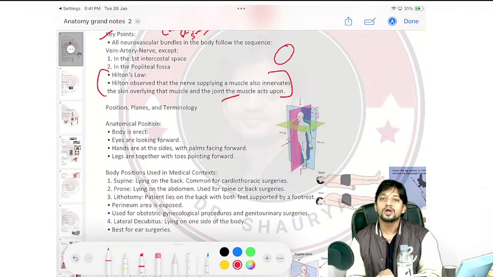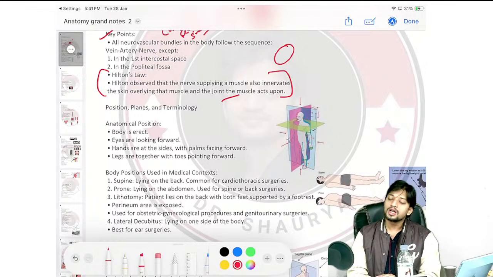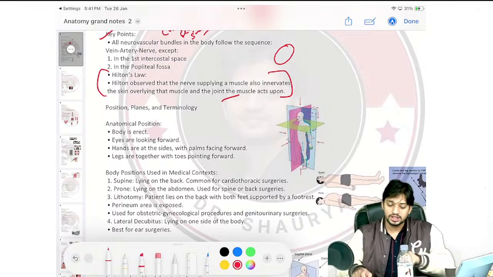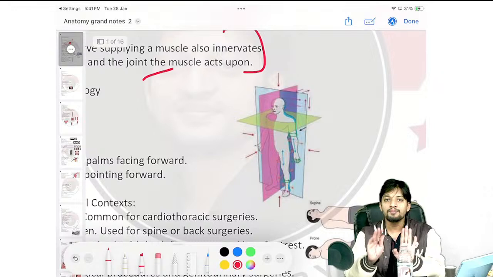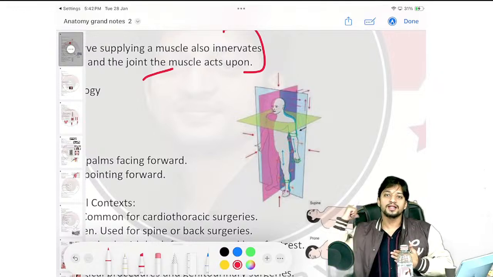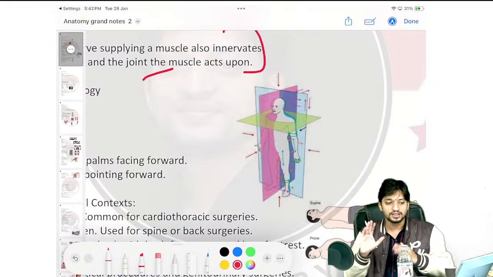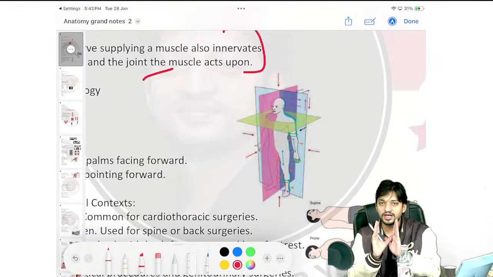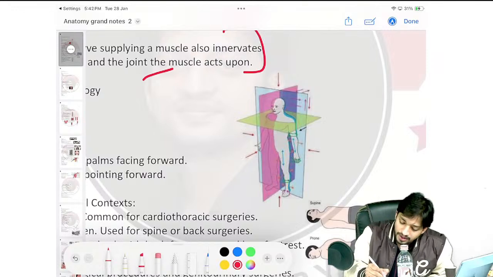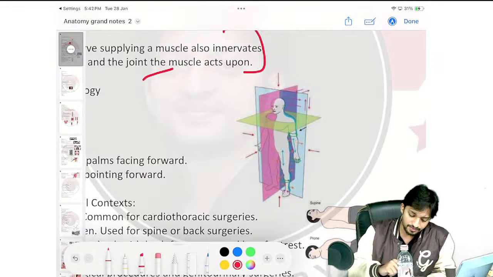First plane is the coronal plane, right? How do you remember the coronal plane? The coronal plane is like this. Just have a look here, any plane that is separating the chest and the back. Just for example, a very simple and easy trick I'm going to give you. Any plane separating the chest and the back,